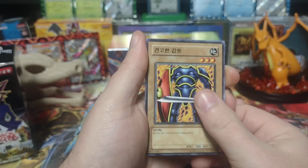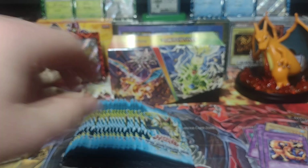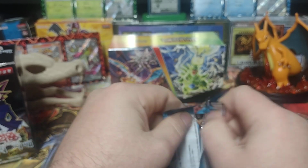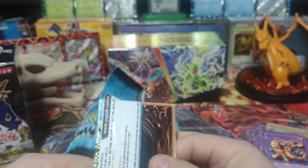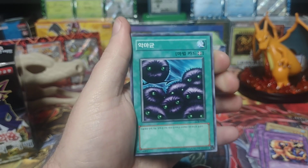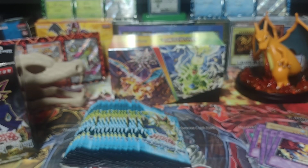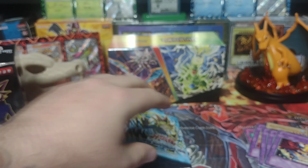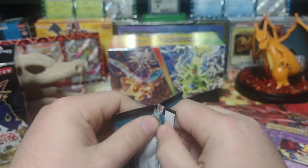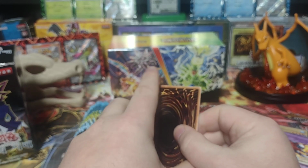Another Silver Bow, Hard Armor, and Dark Fire Dragon. If I recall, I think that should be pretty much all the rare fusions that were introduced, other than the secret rare Gaia the Dragon Champion. Maybe there's one more in here. Okay. Wasteland, Vile Germ, Larvis, and... Okay, so there was another one there. Actually, now that I think about it, there should be another fusion in here that's only a rare. Something, I want to say Dragon Slayer, but I don't think that's it. But I want to say it's a fusion at least with, maybe is it Petite Dragon? And I want to say some sort of warrior monster. I can see the